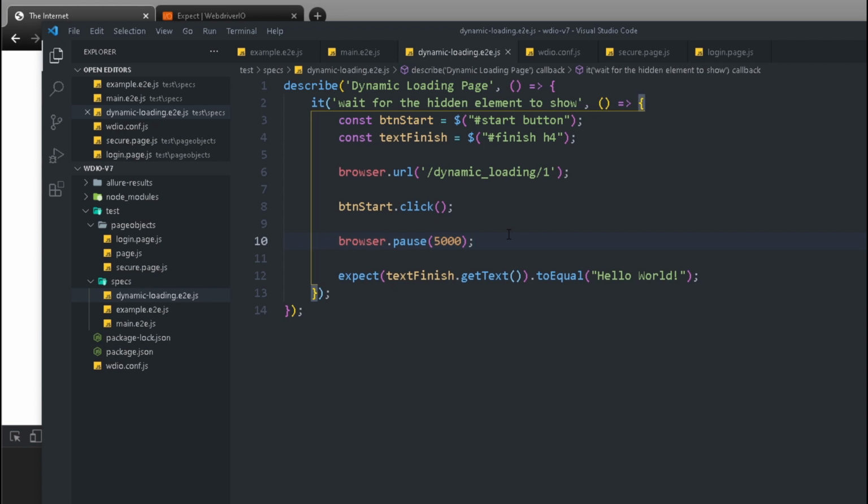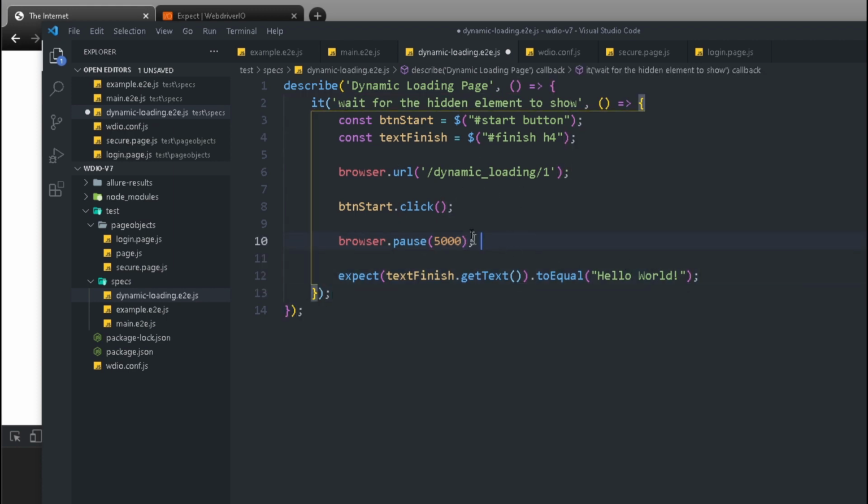Because we want to make sure that it doesn't matter how long it's taking. I want to make sure that it's actually waiting for X amount of seconds and doing a check on whether that text is actually there on the screen. If it's not, then it will wait again. Then it will check again whether the text is there. If it's not, it will wait again. In this scenario, I'm waiting for exactly 5 seconds, basically a full 5 seconds, and then I'm making sure whether the text is there. But let's say the text was there after 6 seconds, my test would fail here because I was only waiting for 5 seconds, right?